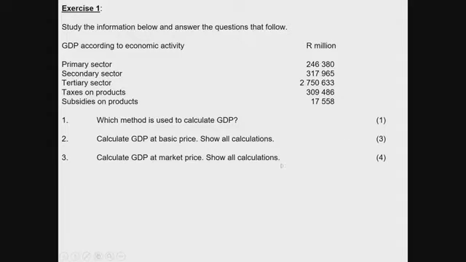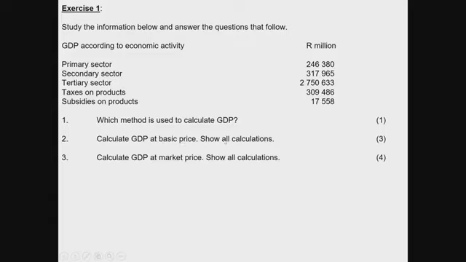Right, and here now again, calculate GDP at market price. So you should know, to get to market price, what do I have to do? I have to start with the basic price. So I've got to use my answer that I got here, which is the